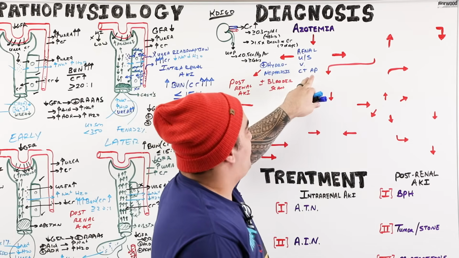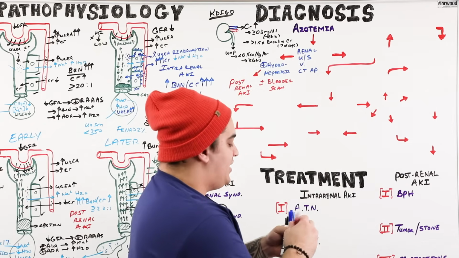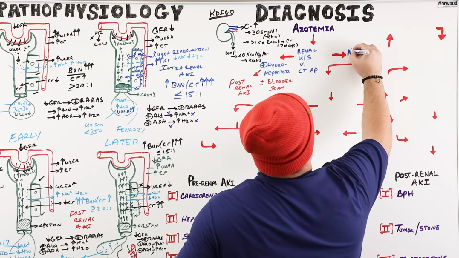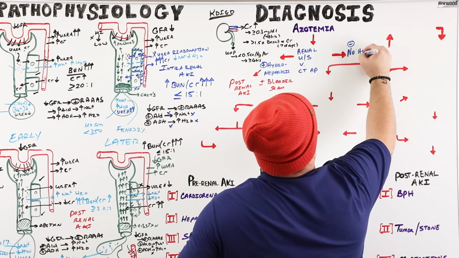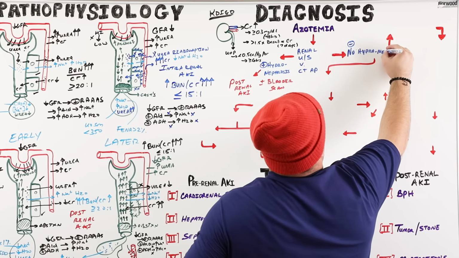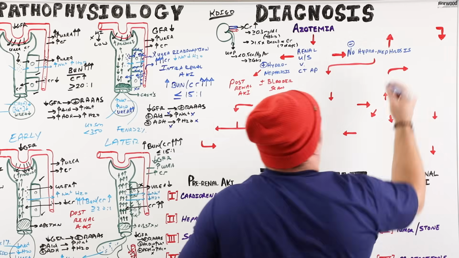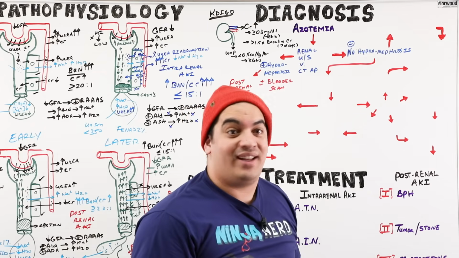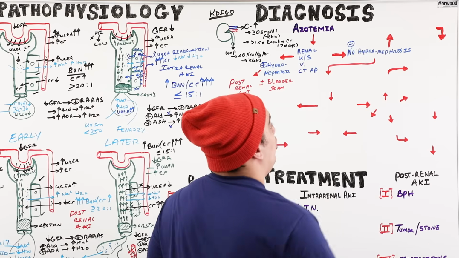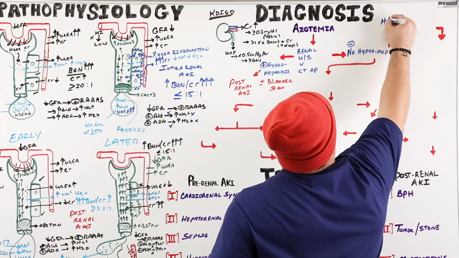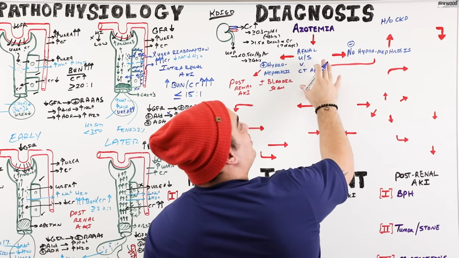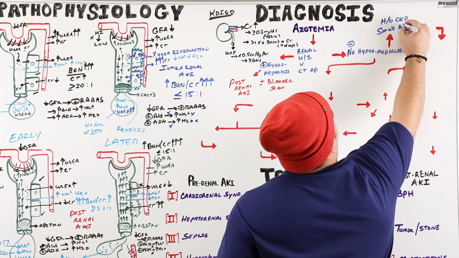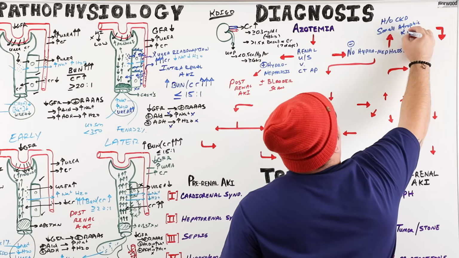Okay, we do the renal ultrasound or the CT abdomen pelvis, and we see that there is actually no hydronephrosis. So there's negative hydronephrosis. Well, then the next thing we can say is, okay, there's no hydronephrosis. Is this just their chronic kidney disease? Do they have a history of chronic kidney disease? Okay, what if they did? What if they have a history of CKD, and then you also get the ultrasound or the CT of the abdomen and pelvis, and you see that they have very small atrophic kidneys.